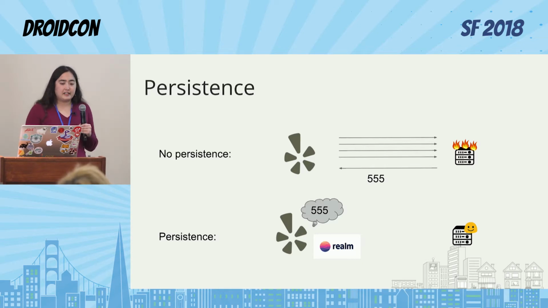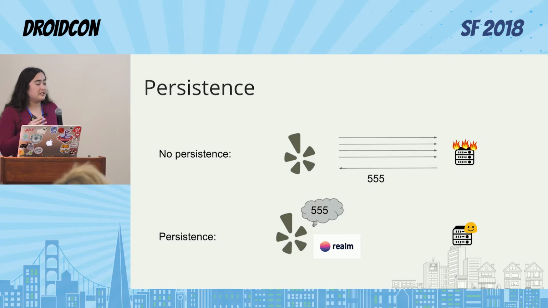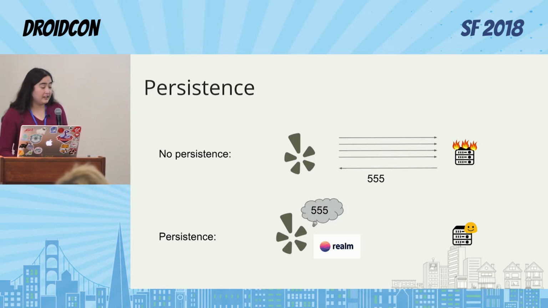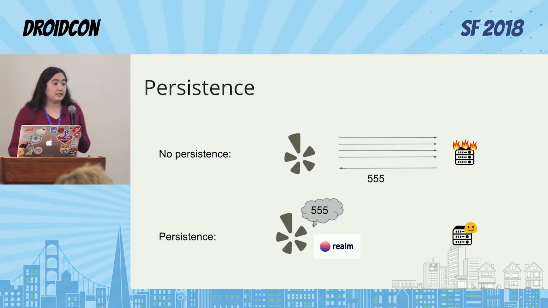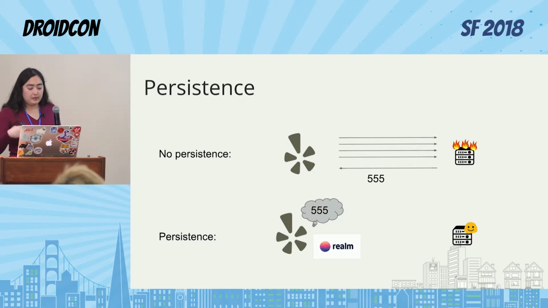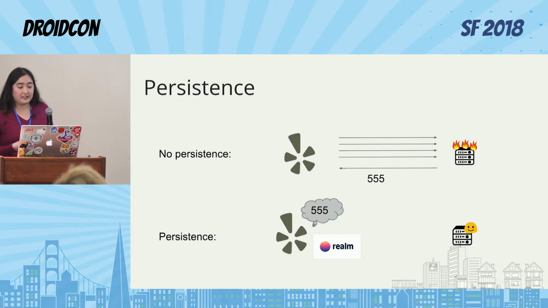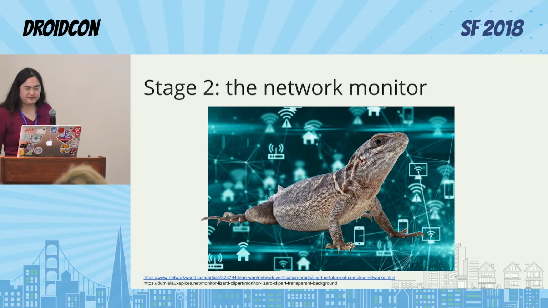The bigger concern is, the absolute safest thing to do is to not send any network traffic until the network monitor is fully initialized. But there's probably some little things that you need to do fairly early in your app startup process. And if you block everything on that, you could have some performance overhead. It wasn't a huge performance overhead. I don't remember the numbers, but it was enough that we decided that we probably don't want to do that, and we want to let some network requests happen in parallel with the network monitor starting up. So we're introducing a little bit of risk to improve performance.